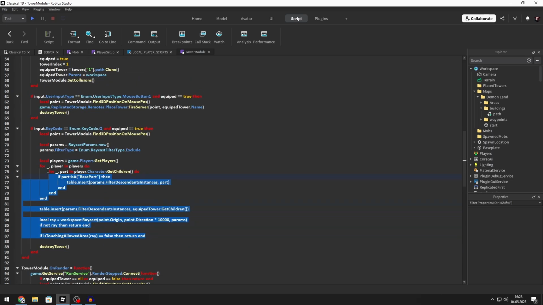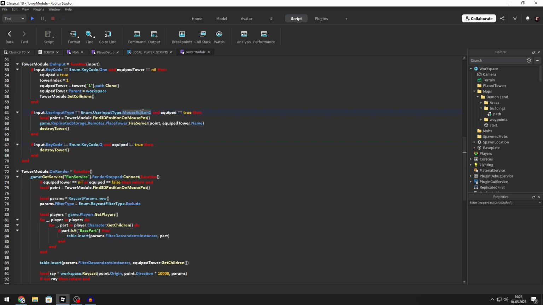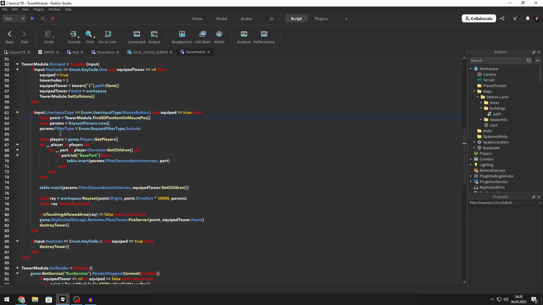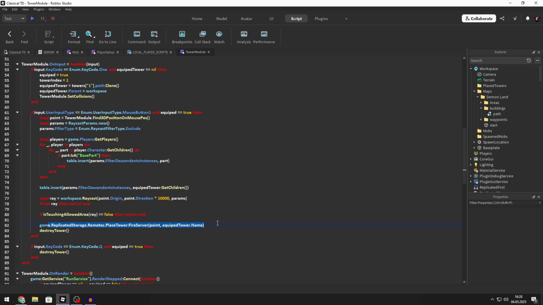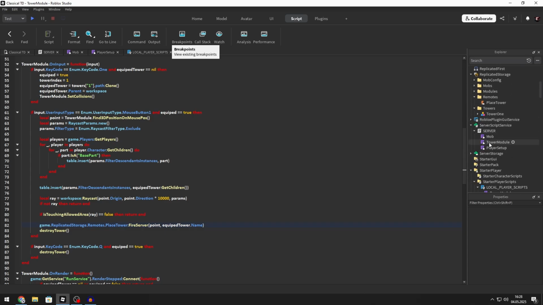Wait, I'm in the wrong section. So, not in the cancel but in the mouse button one. So now it wants the point, but like this. So now if it's not touching the area, if it is, it will send it and destroy itself. And also go to the server